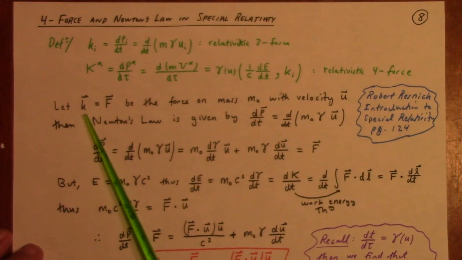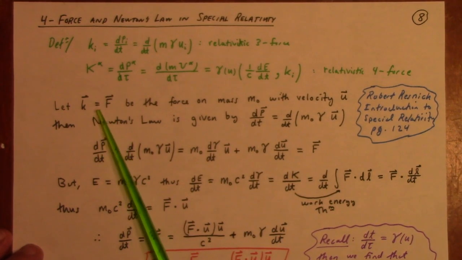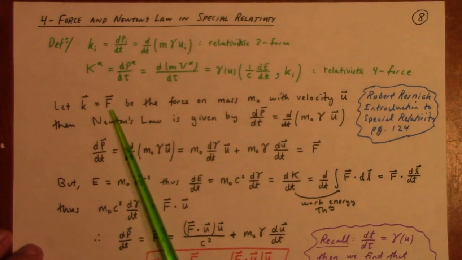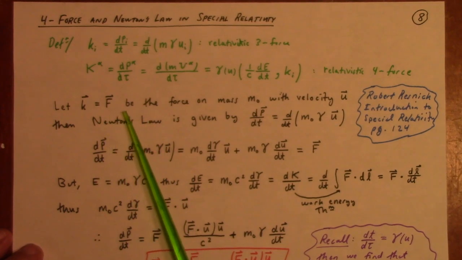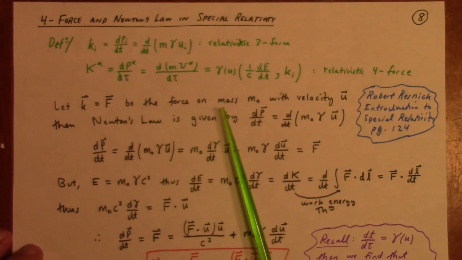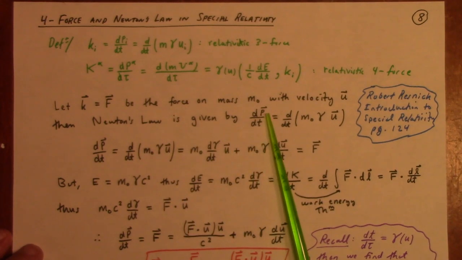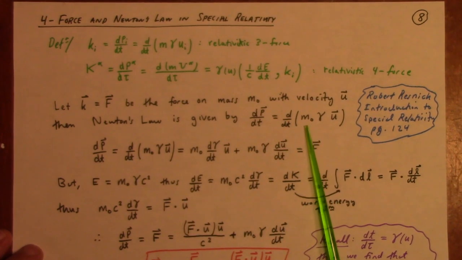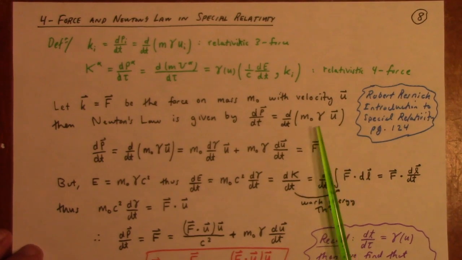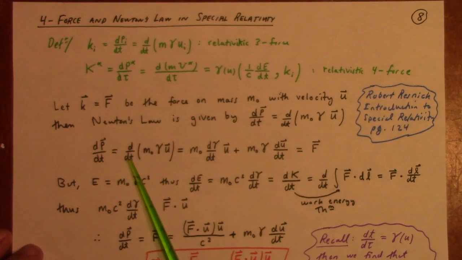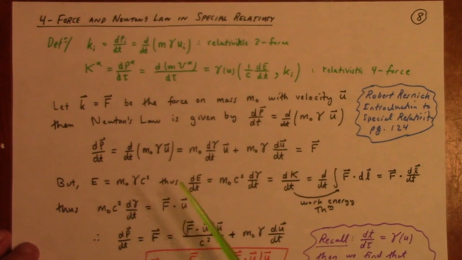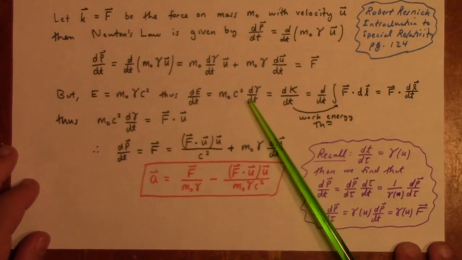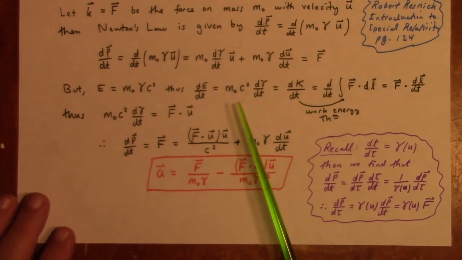So he doesn't use the little k; the little k is from the McComb book, the F is from Resnick. So this is the force on the mass m naught with velocity u. Newton's law is given by dp dt, the time derivative of the relativistic momentum, right? And so we can do the product rule, and we also know that, and here's some kind of sneaky move here, we also know that